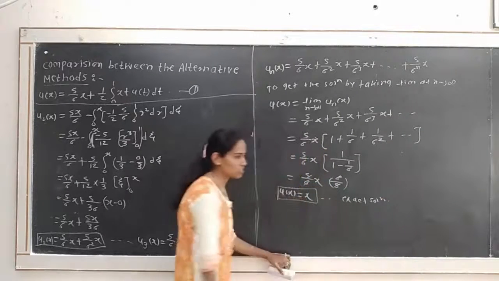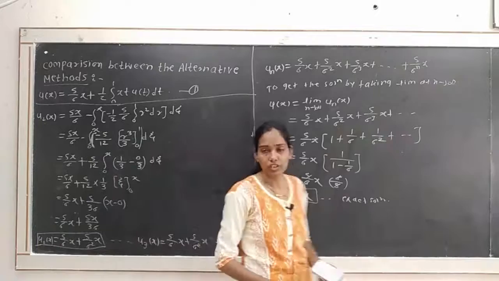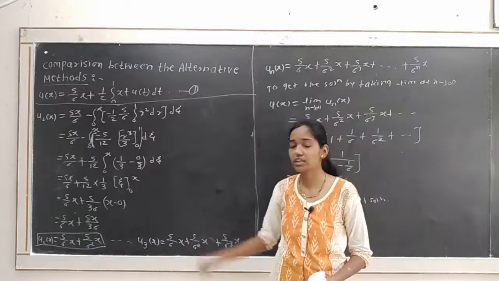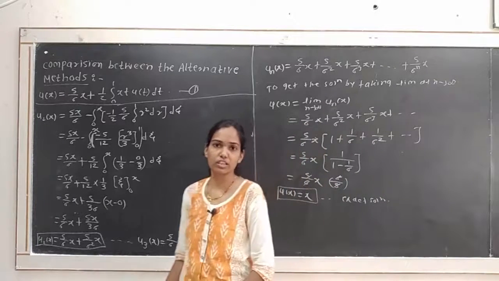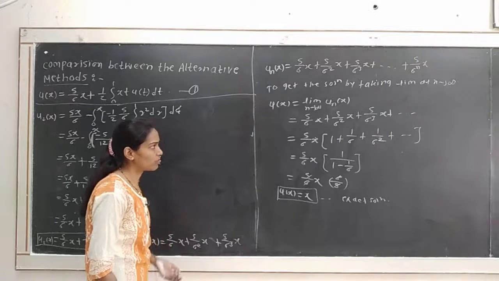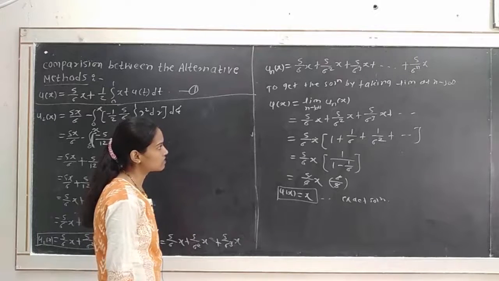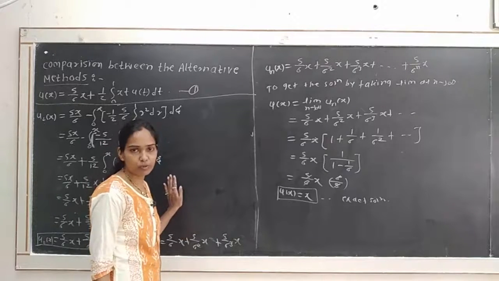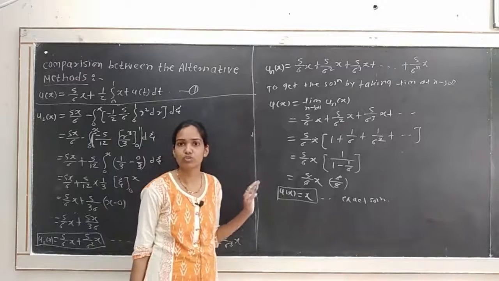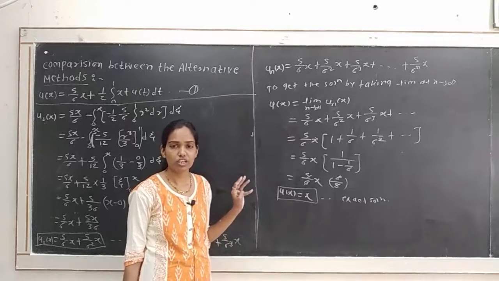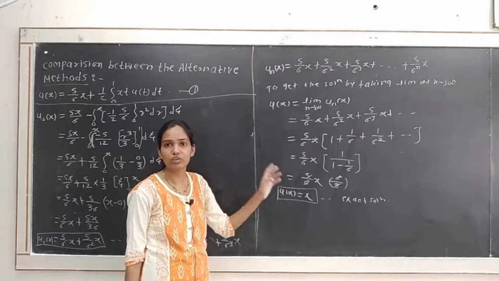That is, in the variational iteration method we get the solution u of x is equal to x. So here in the variational iteration method we get the approximations, as compared to the Adomian decomposition method, where we get the series solution components. In that method we consider an infinite series, find the components from it, and from that find the solution. But in the variational iteration method we use the correctional function, find the approximations from it, and take the nth approximation at infinity to get the solution.